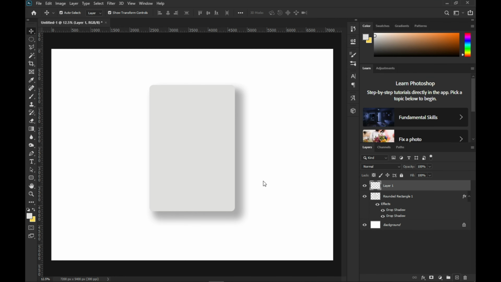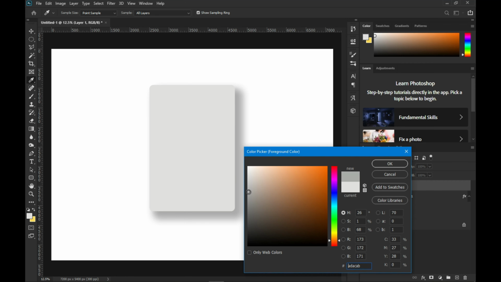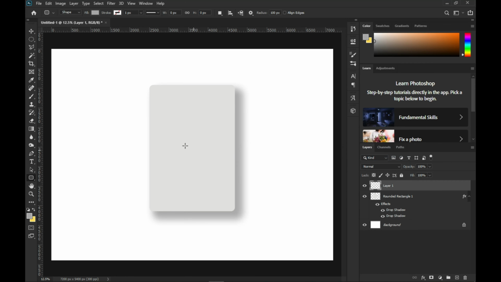Now we will add another rounded rectangle object in another new layer. This time we will see the inner shadow option. This is a very beautiful tool to work with. It has similar settings to that of the drop shadow. I will adjust the settings to give it a hollow effect.